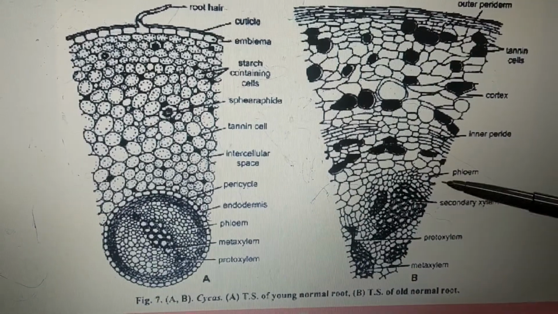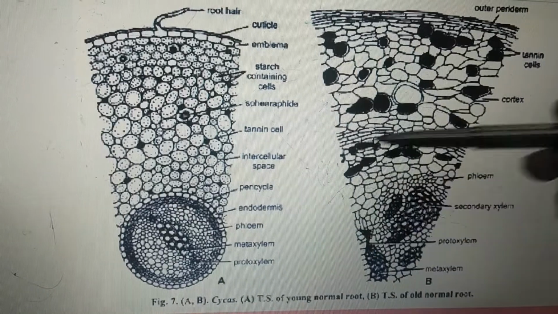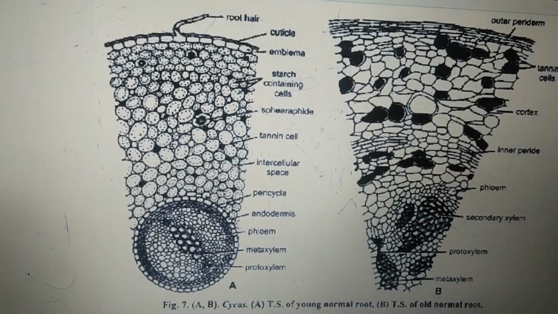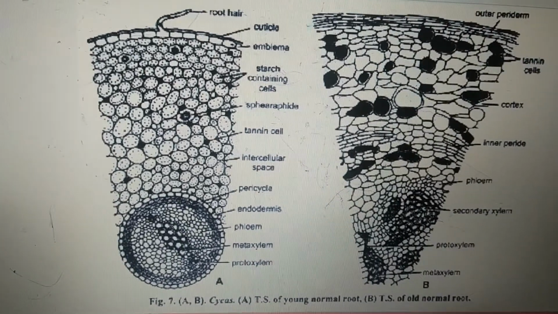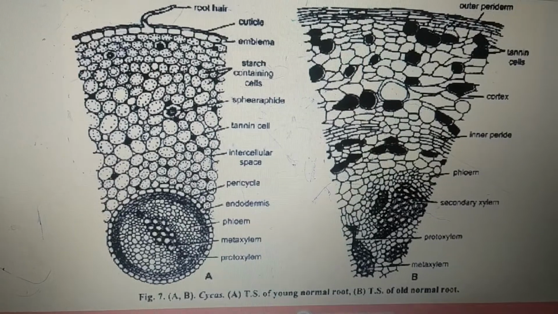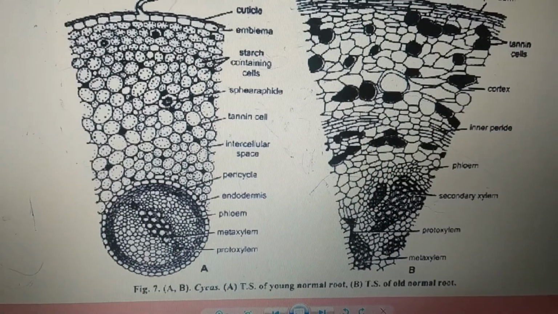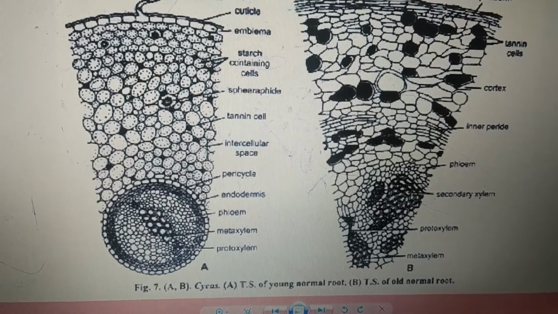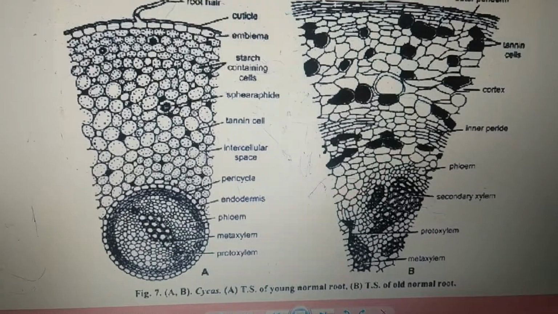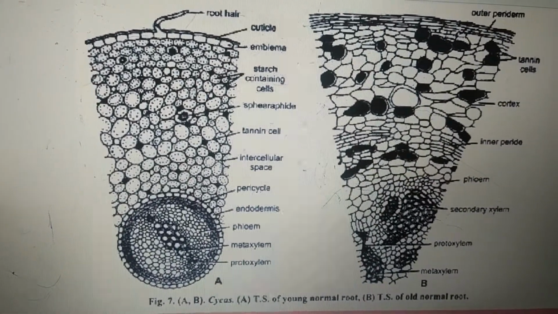So we have development of secondary xylem as well as secondary phloem, leading to secondary growth in the stellar region, whereas the region outer to the endodermis, which is this region, is called the extrastellar region. There is formation of cork, followed by cork cambium and also a secondary cortex, which together are called the periderm. All the detailed description is there in my secondary growth clip. Please go and follow it. So this was the description regarding the older roots of cycas.